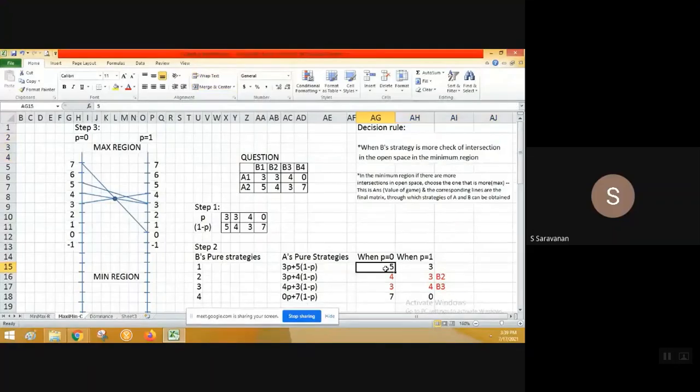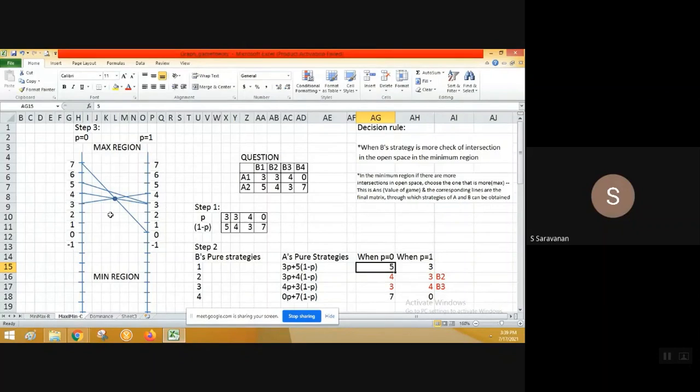Okay. So here this intersection is having multiple answers. So the intersection, I think value of the game you can say now. What is the value of game? The intersection point is value of game. Around 3.5. Answer should be something 3.4 or 3.5. You will get answer, around 3.5. So that is value of game. You have identified the answer. But what is A strategy and what is B strategy?